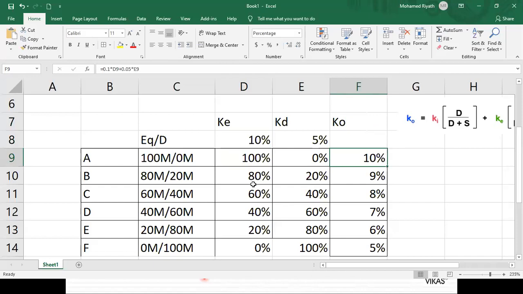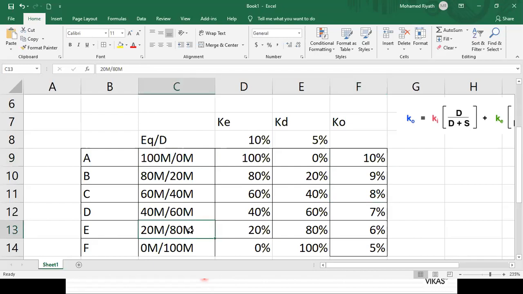And when we increase debt in the capital structure, earlier there is no debt, overall cost of capital 10. Now we include 20 million debt, KO is 9. When we increase 40% debt in our capital structure, our overall cost of capital reduces to